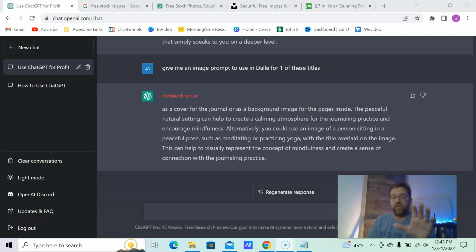Sometimes it gives you more detail than this, sometimes it doesn't, but for this is really all we need. This can help you visually represent the concept of mindfulness and create a sense of connection with the journaling practice. And I can regenerate another response, but I like this one. So we want a calming atmosphere. It's probably going to happen with this. So we can use an image. We want a person sitting in a peaceful pose